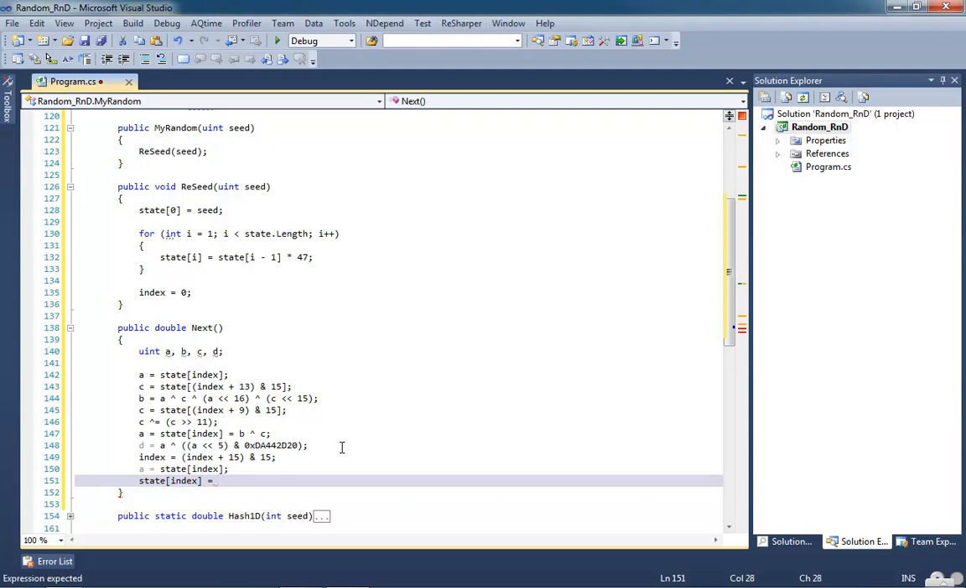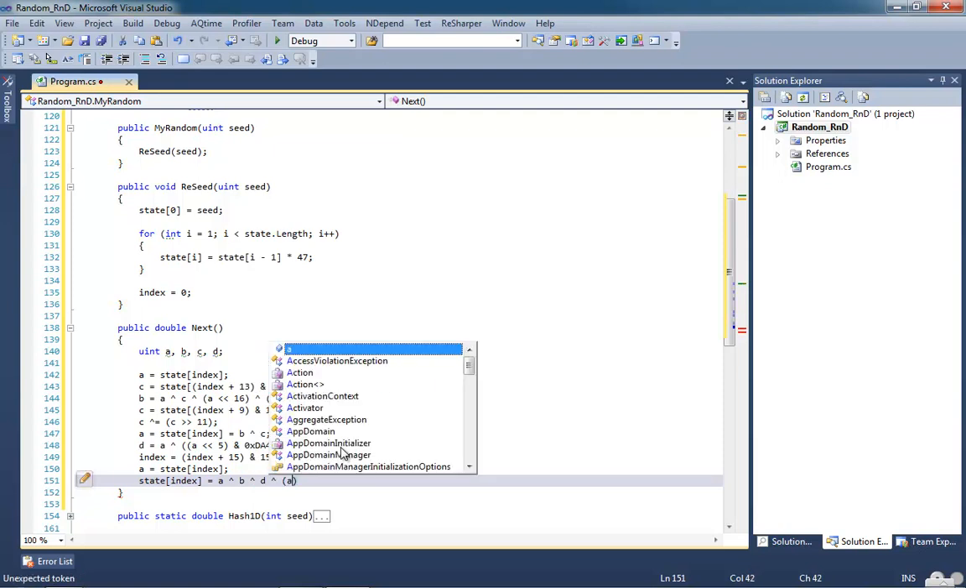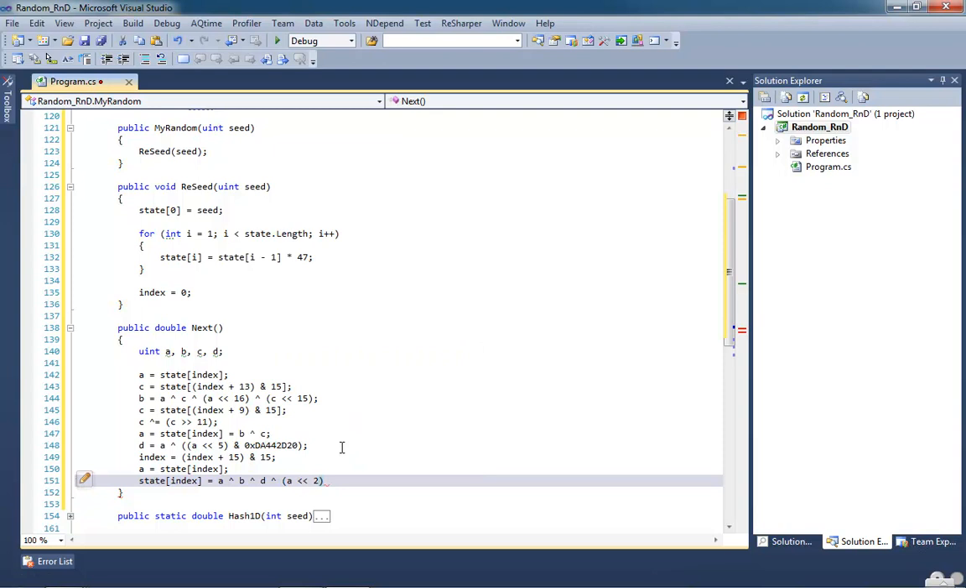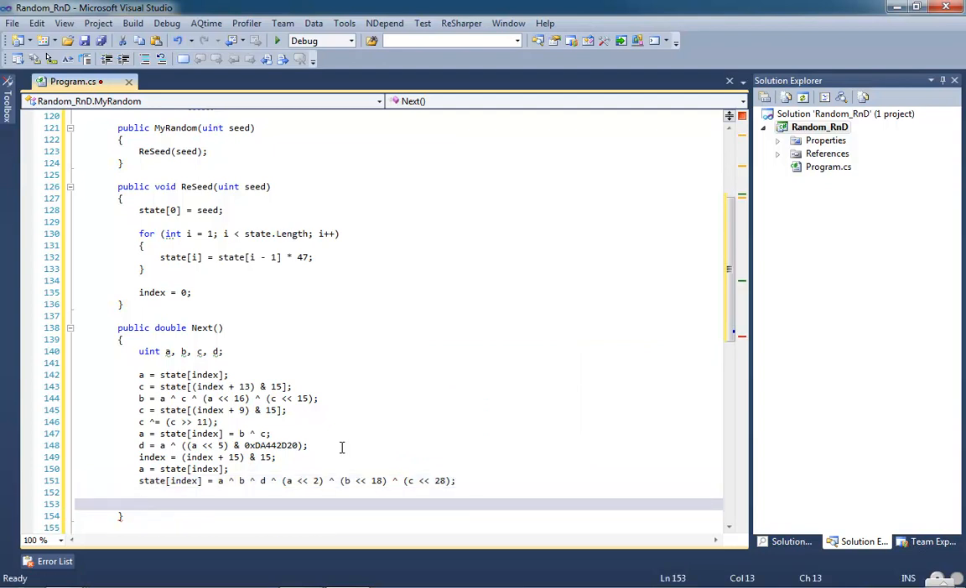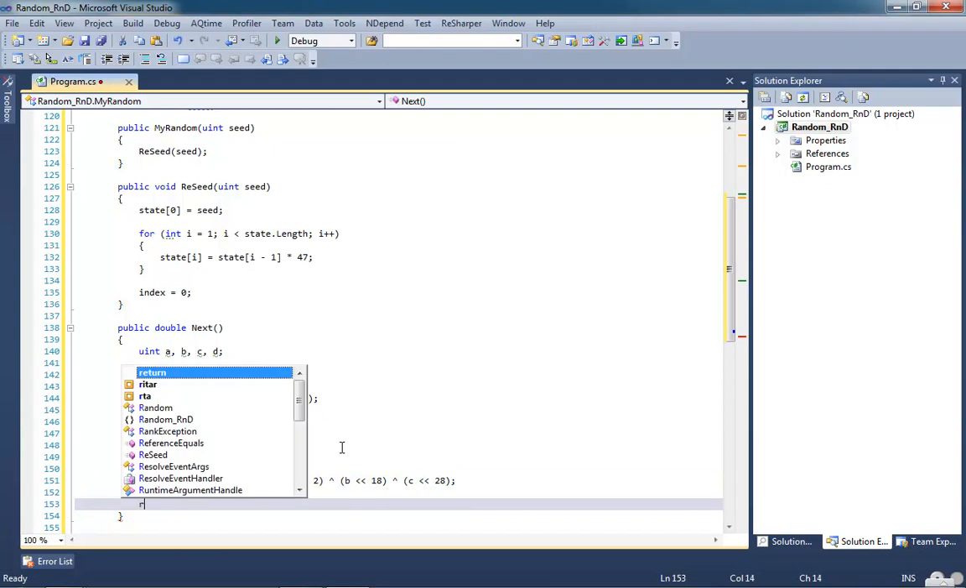and set it to be A XORed with B, XORed with D, XORed with A shifted to the left by 2, XORed with B, shifted to the left by 18, XORed with C, shifted to the left by 28, and semicolon. All right, now once you've done all that, we can return